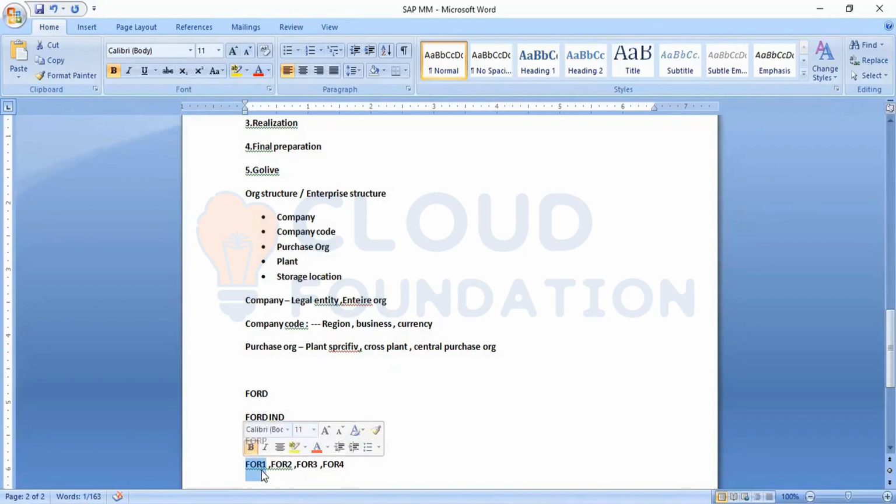Then these guys will say, we don't want all of the purchase guys. They don't know what we need to procure. We need separate purchasing people who are specialized in the engines. Those people need to have negotiations with the particular engine vendors. Then what will Ford do? They will create a separate purchase organization